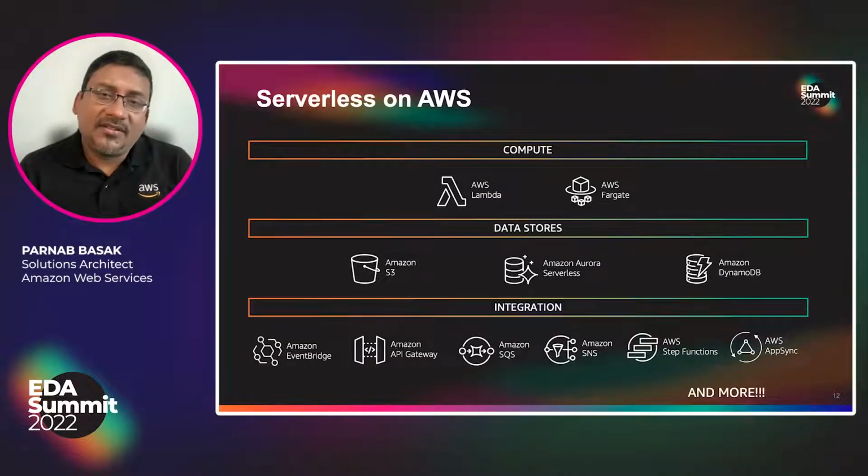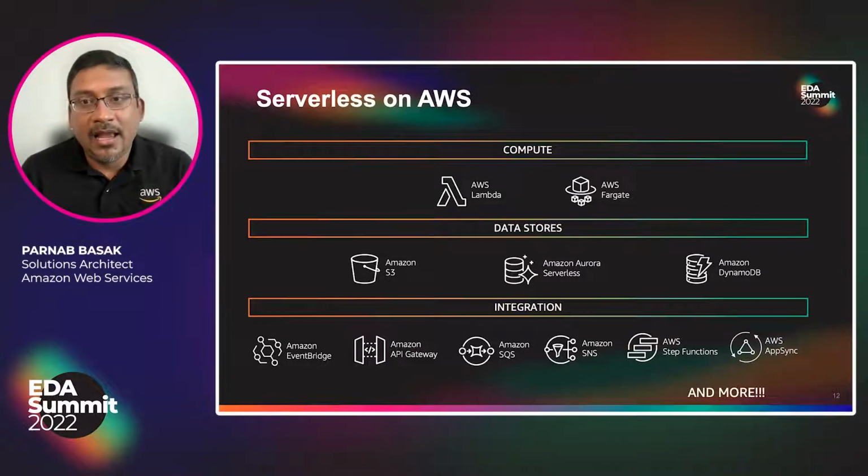If you choose AWS as your cloud service provider, we enable building modern applications as serverless first, a strategy that prioritizes the adoption of serverless services so you can increase agility throughout your application stack. We have developed serverless services for all three layers of your stack, meaning compute, data store, as well as integration. On the compute side, look at AWS Lambda, an event-driven pay-as-you-go compute service that lets you run code without